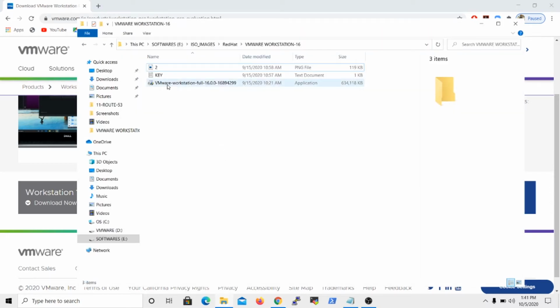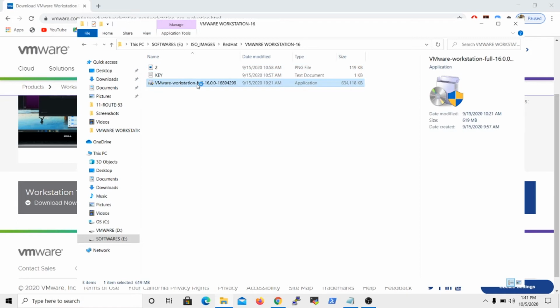So here is my downloaded VMware Workstation 16 software. Step one, double click on VMware Workstation 16. So select yes.